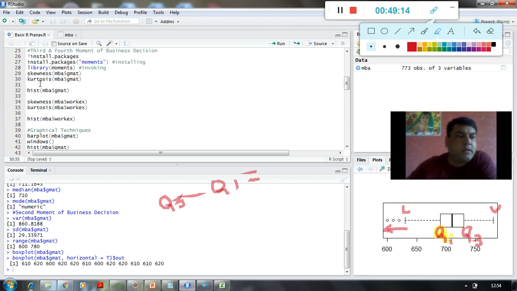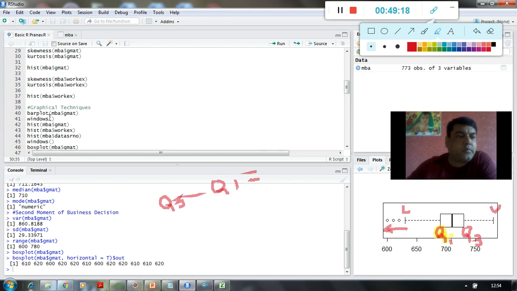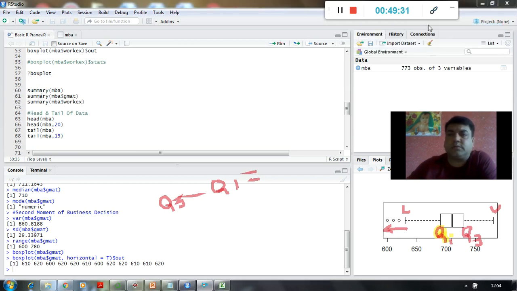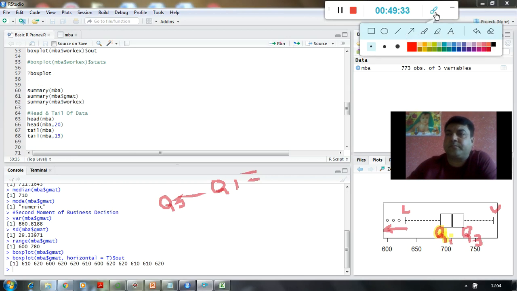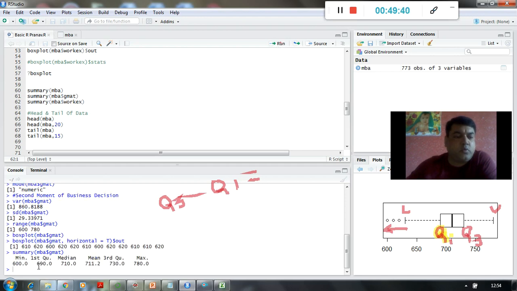So if I take the summary of the data, I will get it. So let me check. Okay, I'm taking summary of GMAT. So summary of GMAT, if I see, you see here Q1 is 690 and Q3 is 730.